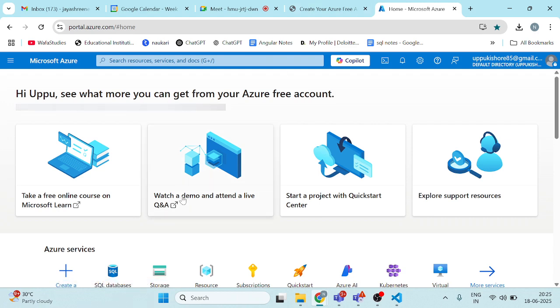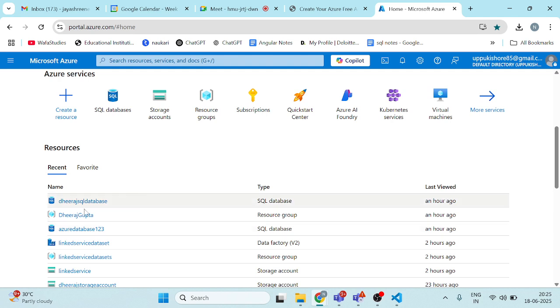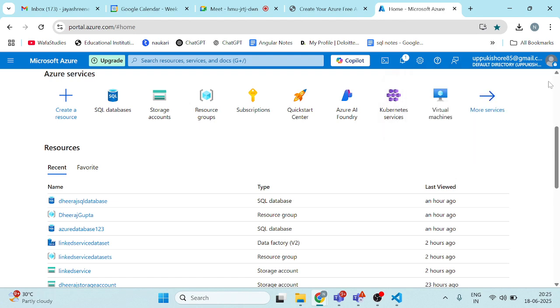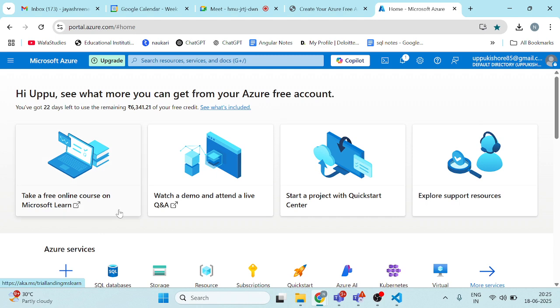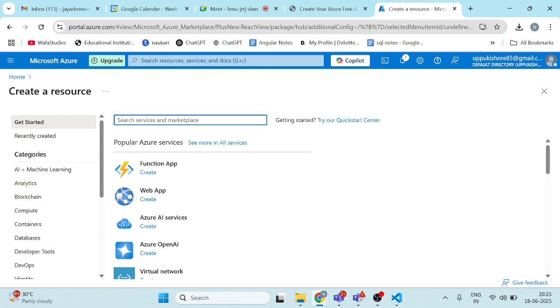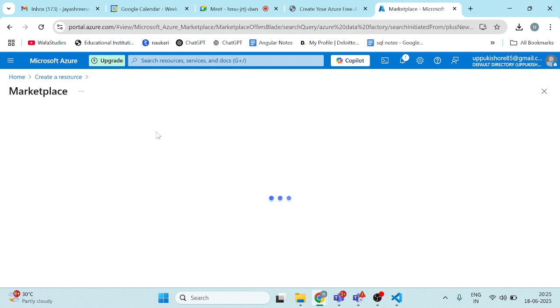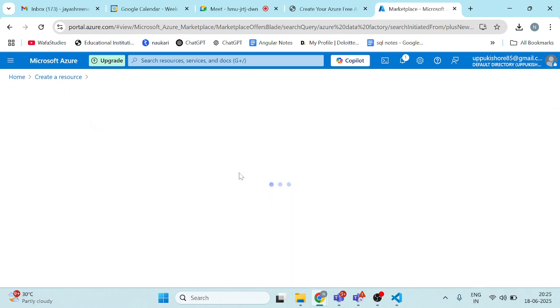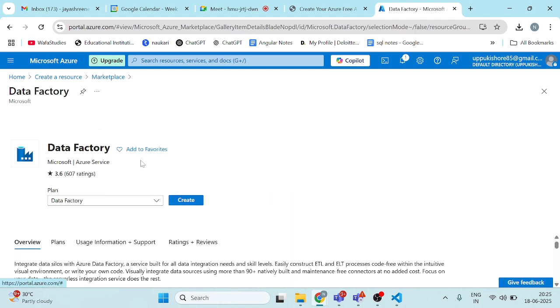Next, first we need to create the storage account as well, ADF. Okay, so first I need to create a resource, and in the resource I'm going to create ADF. So that will be the Azure Data Factory. In the Azure Data Factory you can take the service as DF. Okay, so this DF I'm going to create,